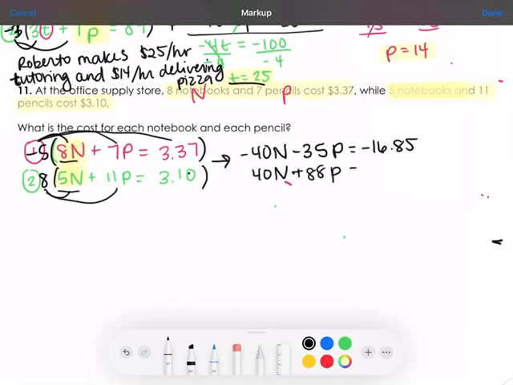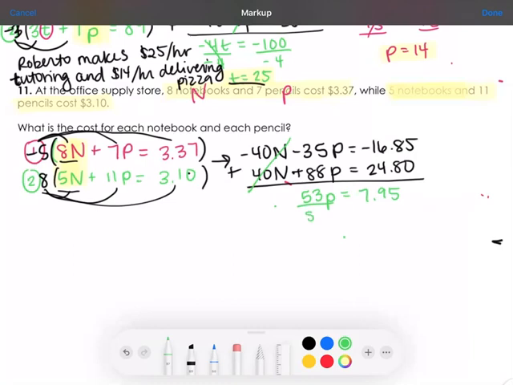8 times 11 is a +88P equals 8 times 310 is 2480. All right, now I can add these together and my variable will cancel. So -40 plus 40 cancels. -35 plus 88 is 53P, which equals -1685 plus 2480 gives me 795. If I divide both sides by 53,